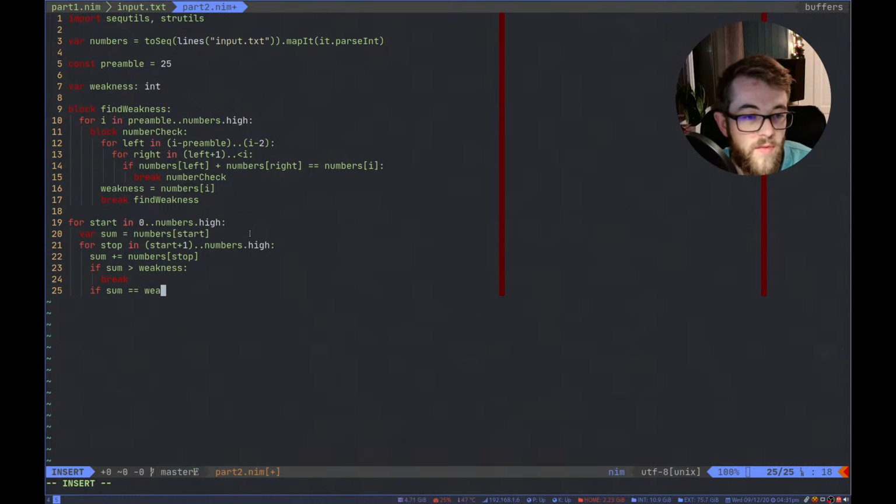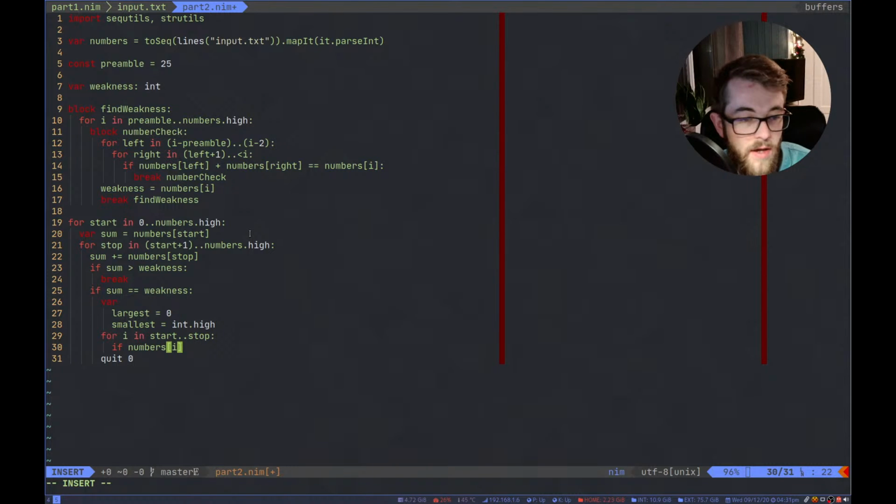If sum is equal to the weakness, then we quit, but we also need to find, so for I in start dot dot stop, we need to find the largest, which needs to start at 0, and the smallest, which starts at int dot high. If numbers I is smaller than smallest, or actually let's just write this in a slightly functional style.